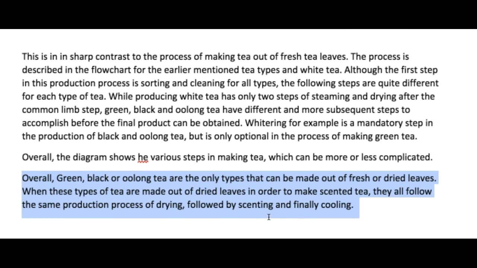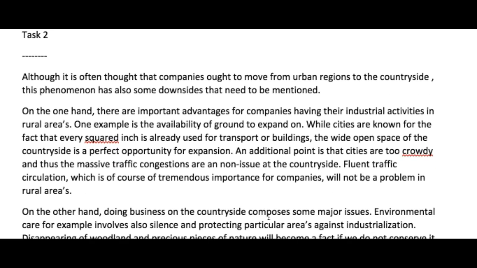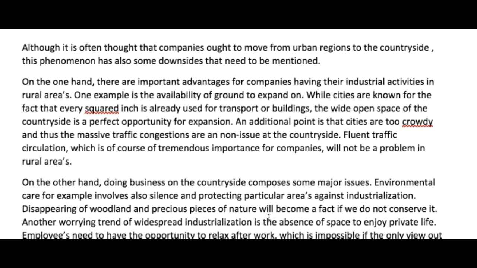So the most simple or the most complex process. Also, the highest point on the chart is this. The lowest group can be represented by blah, blah, blah. All right, let's go. Although it is often thought that companies ought to move from urban regions to the countryside,